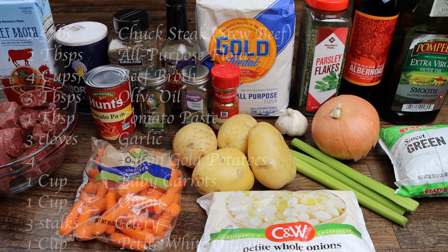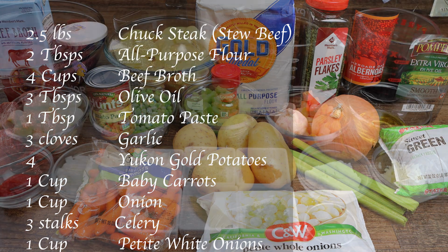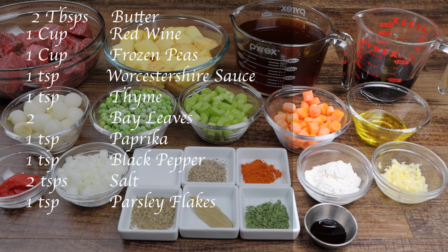You will need 2.5 pounds of chuck steak, 2 tablespoons of all-purpose flour, 4 cups of beef broth, 3 tablespoons of olive oil, 1 tablespoon of tomato paste, 3 cloves of garlic, 4 Yukon Gold potatoes, 1 cup of baby carrots, 1 cup of onion, 3 stalks of celery, 1 cup of petite white onions, 2 tablespoons of butter,